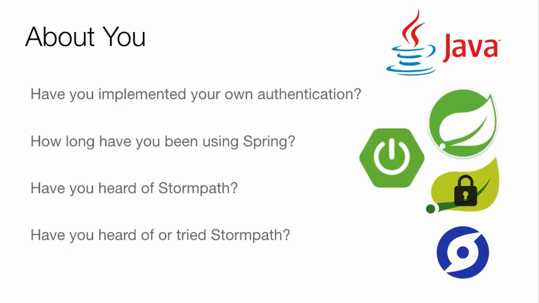The first time I tried it was actually 2 years before I joined the company. And basically, what you do is you sign up for an account, you register, you put in basic information, and then you get these API keys that you download. You put them in a .stormpath directory in your home directory, and then you make requests to the APIs.